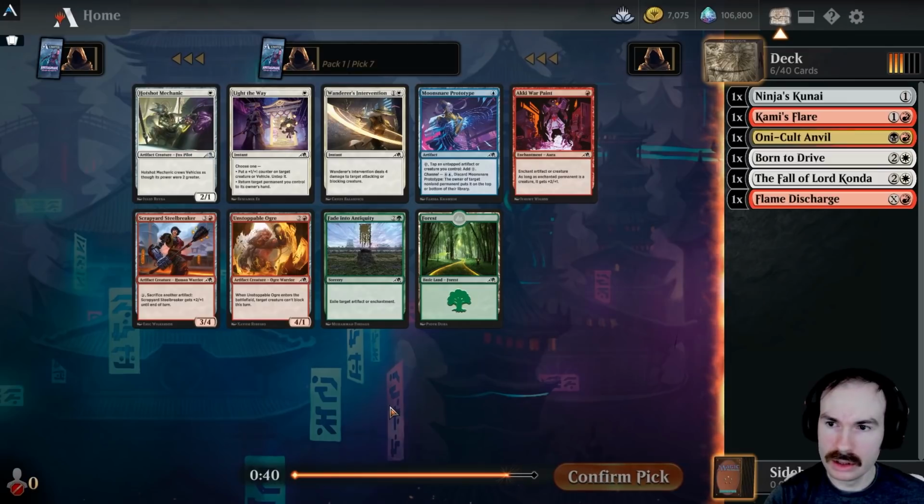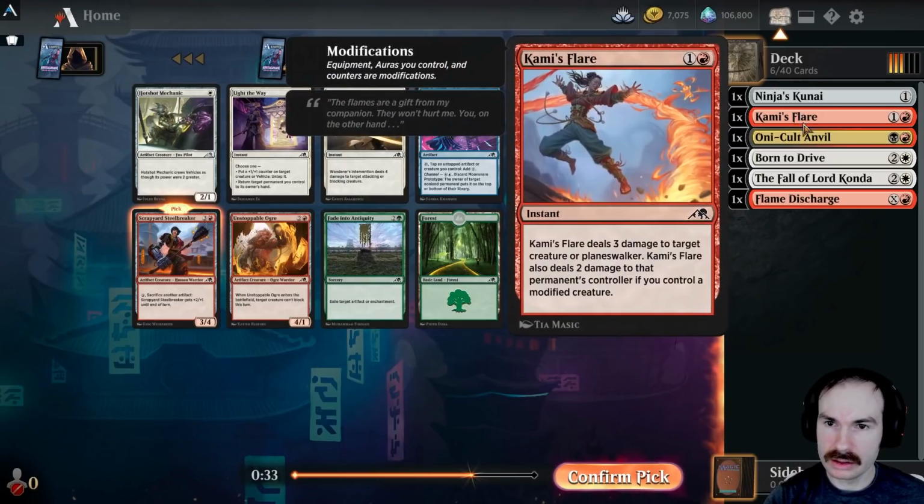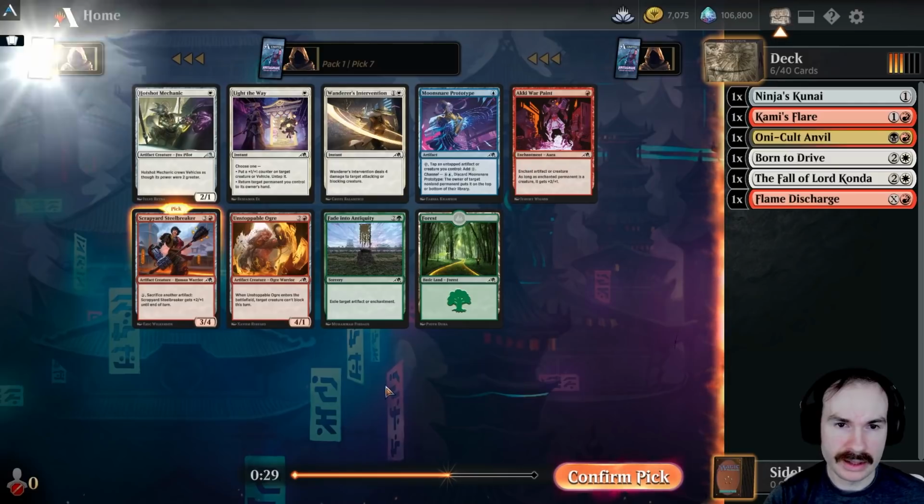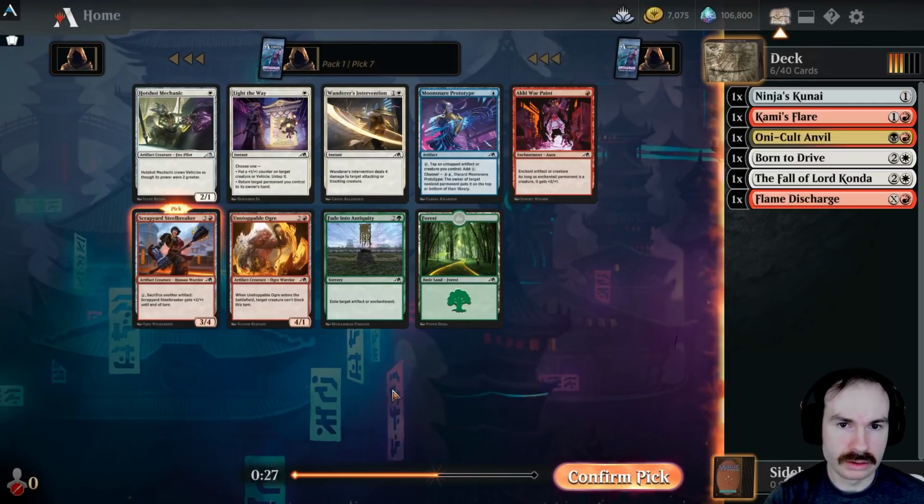All right, well, Steelbreaker looks pretty good here as an artifact enabler, a card that wants to be in an artifact deck, that's for sure. I think the Ogre is pretty playable too. And Mechanic would also be fine, I guess. But let's just take...